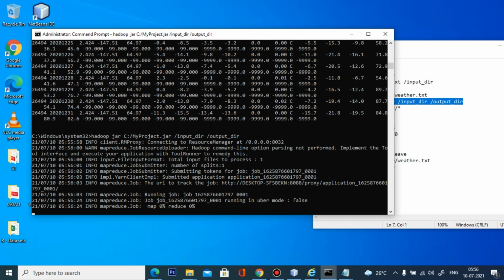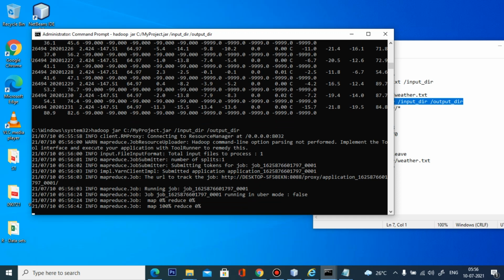So here our MapReduce job is initiating, so the map is at 100% and reduce is 0%.